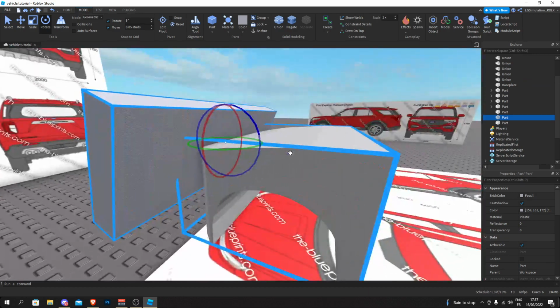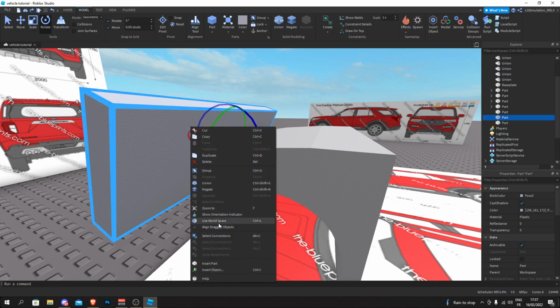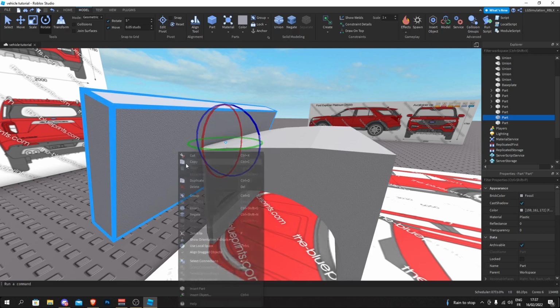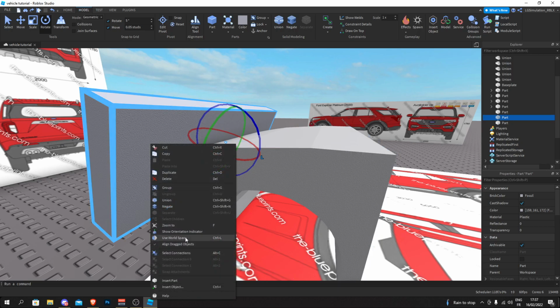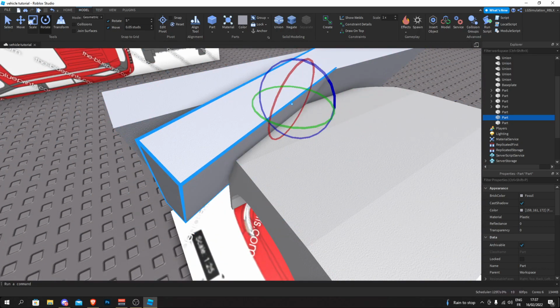As you can see, I'm changing my localization, as I like to call it, of the rotate tool. To do this, you need to press Ctrl L, or you can right click and switch between local space and world space. I'm going to use world space for this. Then just